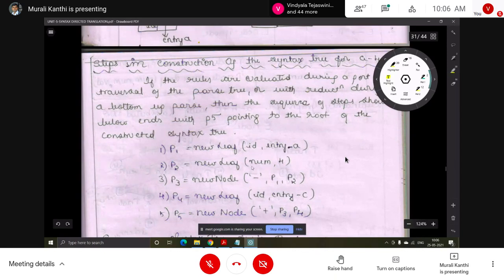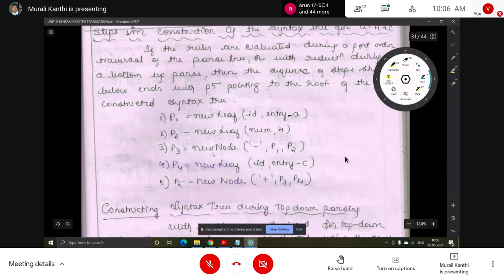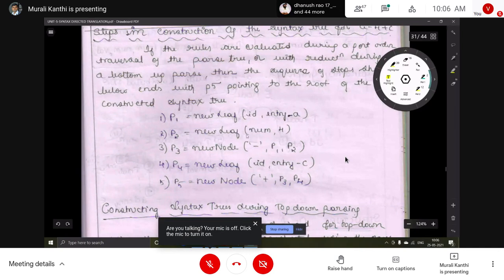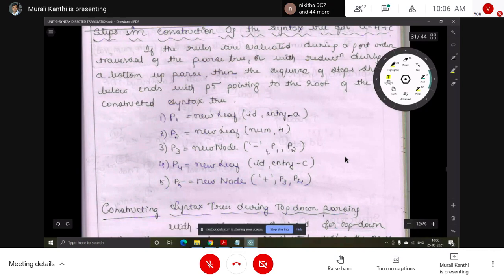Next, P2 is a number node creation, that is also a leaf node, num comma the number. Next, P3 is an intermediate node, minus. Whatever pointer the identifier node has, that address we copy here. So P1 comma P2 indirectly points to this: the left child address and the right child address.